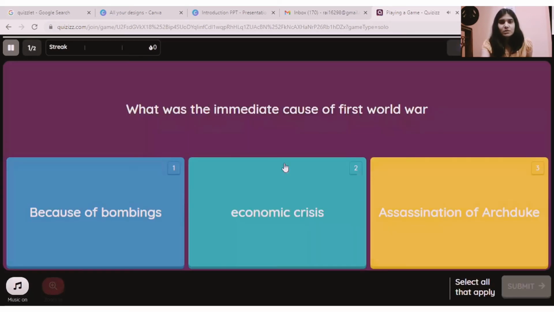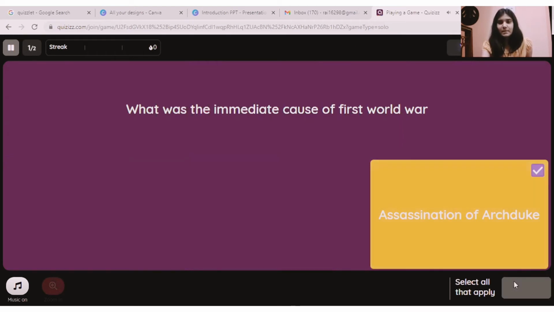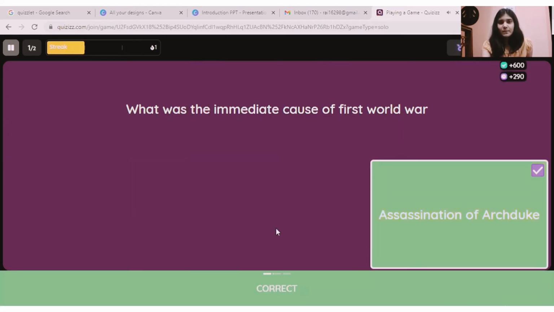Now here you can see how much time I have left. The timer is going away. I click on the right option. I say submit.